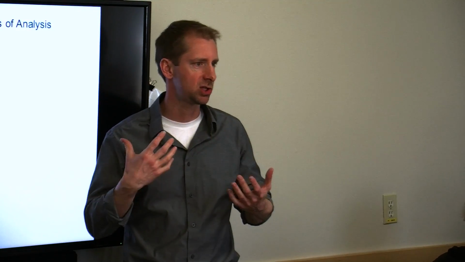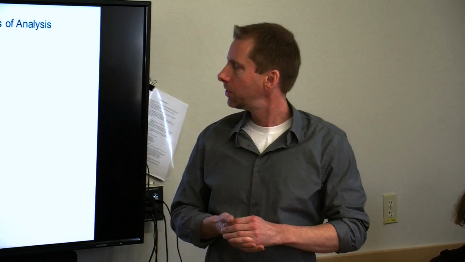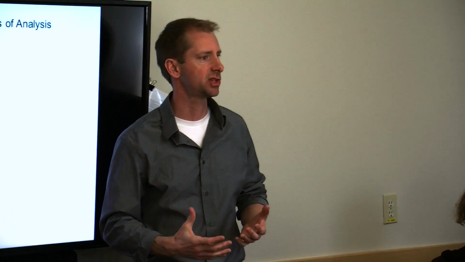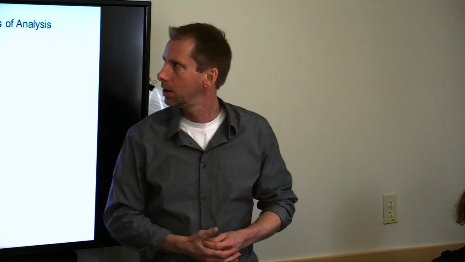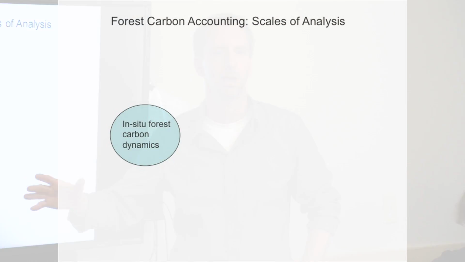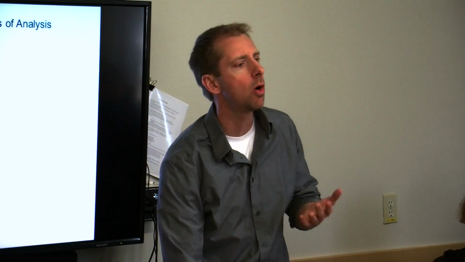Why is it that we've reached such opposing views in the literature? Well, I'll argue that maybe one source of disparity is simply the different scales of analysis that people have been operating at. If we think about forest carbon accounting, which is a vastly, infinitely complex endeavor, you have to start with those basic in situ forest carbon dynamics, fluxes among pools within the forest ecosystem. That's something that we know a lot about. I mean, we've been working in that area for 30 or 40 years, so we've got that science nailed down